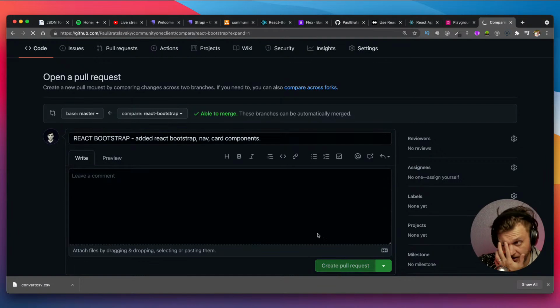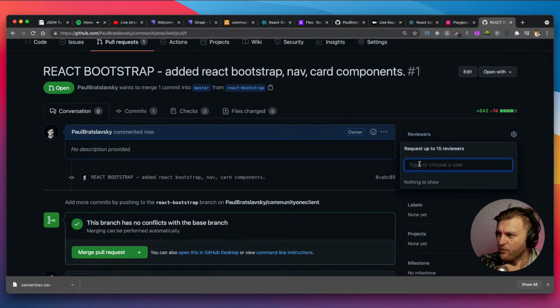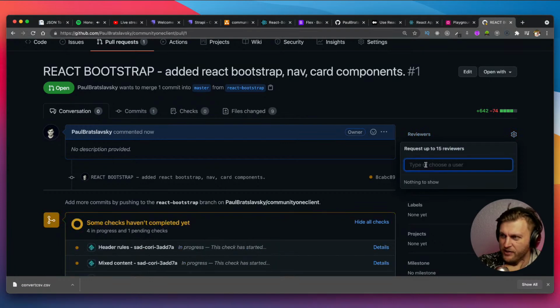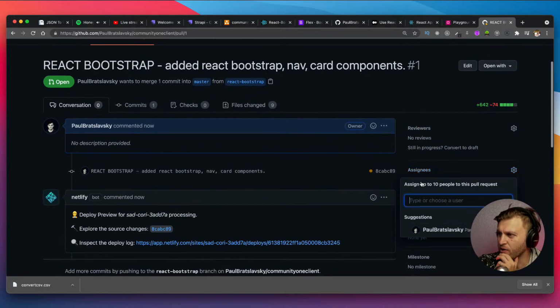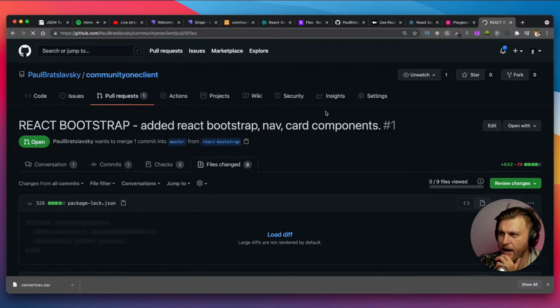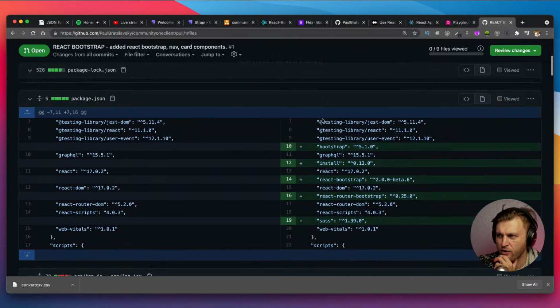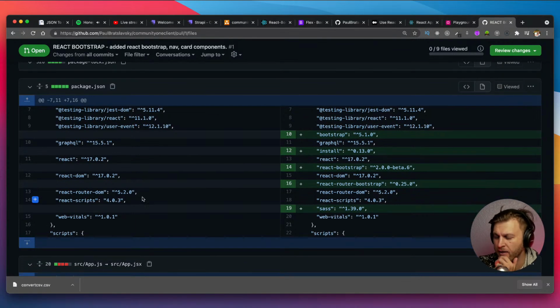And so I'm going to click create pull request. And what this allows me to do is to assign a reviewer. Obviously, because I'm one person, there's not any reviewers I could assign to, so I'm just going to assign it to myself. And now what you want to do is take the steps to check the code that you wrote before merging it into your main branch. So what I'm going to do here is take a look. This was the original. We added Bootstrap. We added,